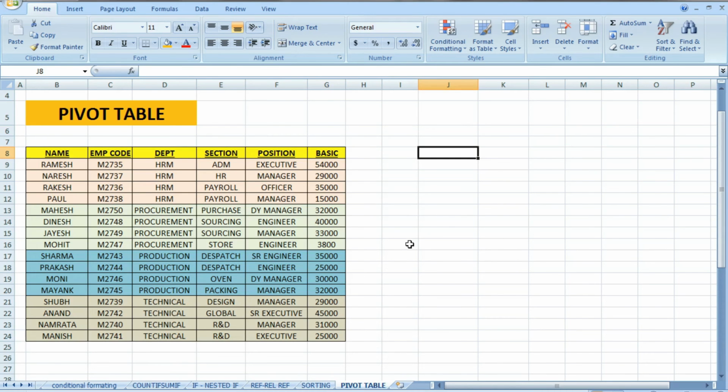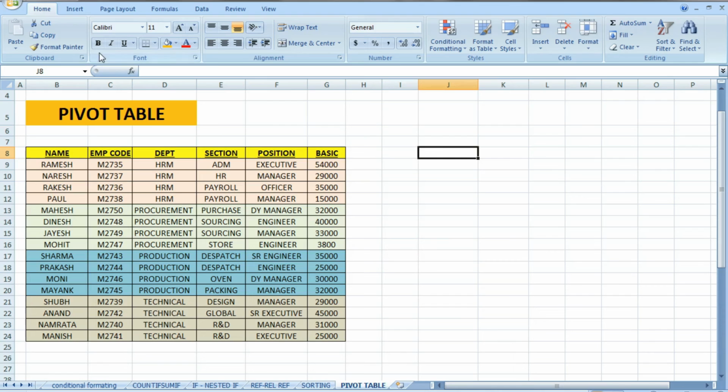Hello friends, in this exercise we learn how to use pivot table. Pivot table is a very powerful tool that allows you to do analysis of data very quickly. Now this is the data I have collected.